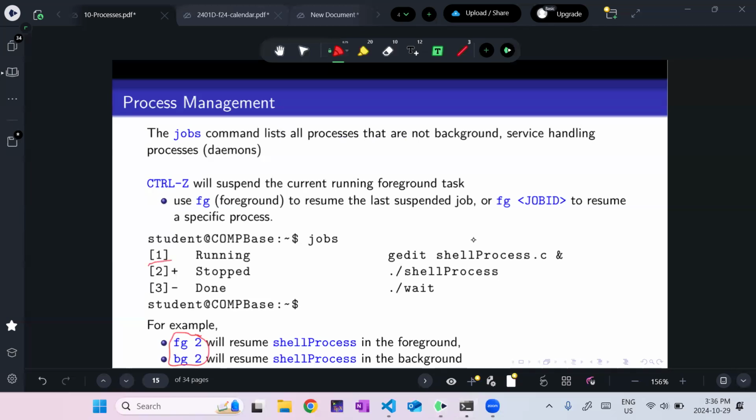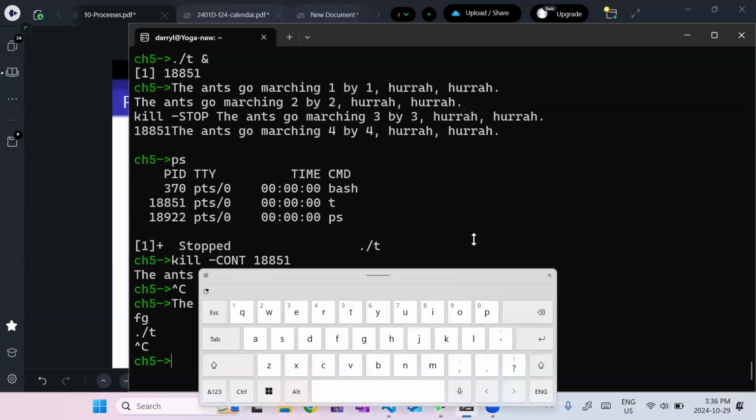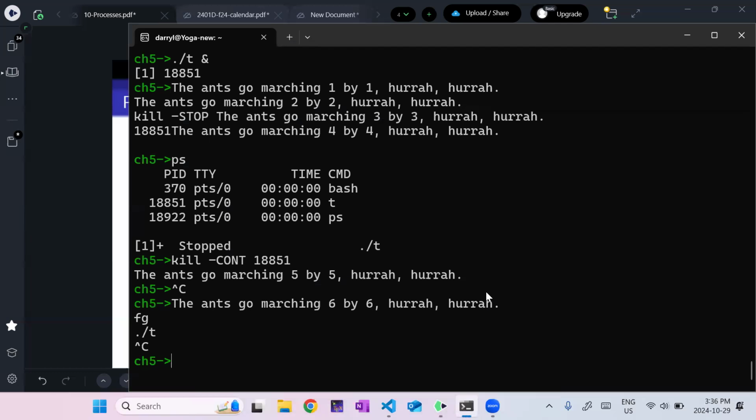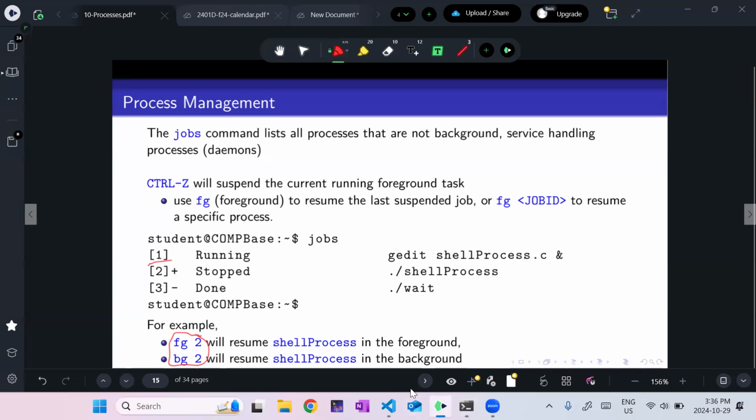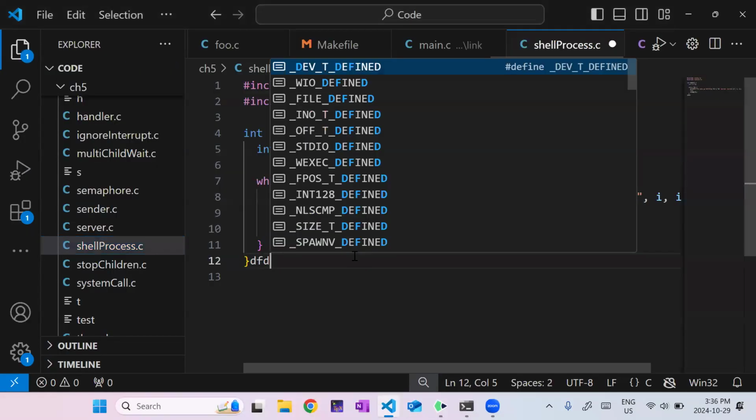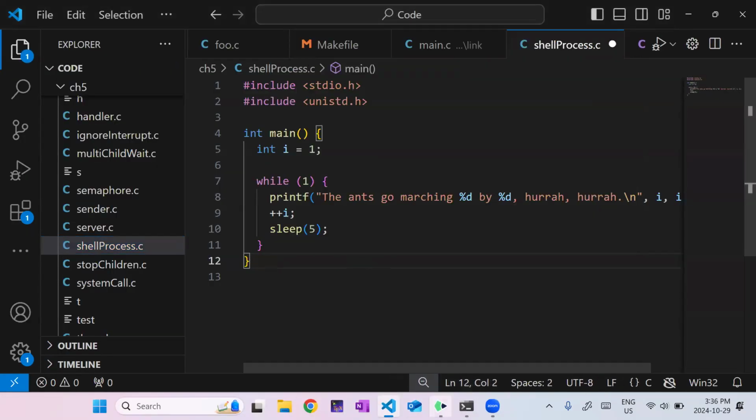So I can list the jobs. Oops. Using the jobs command. Using the, what happened? Is the keyboard working?